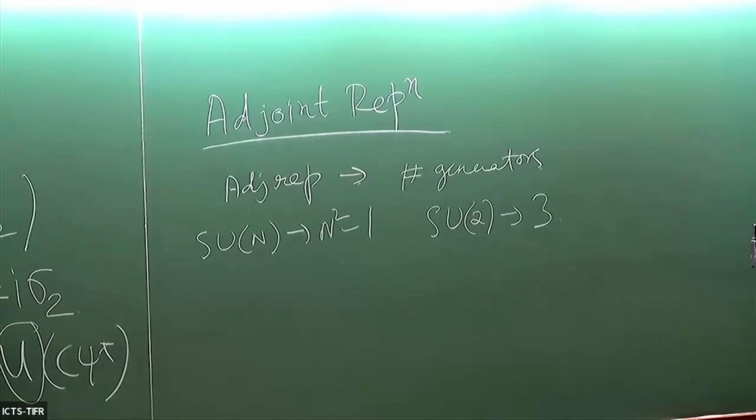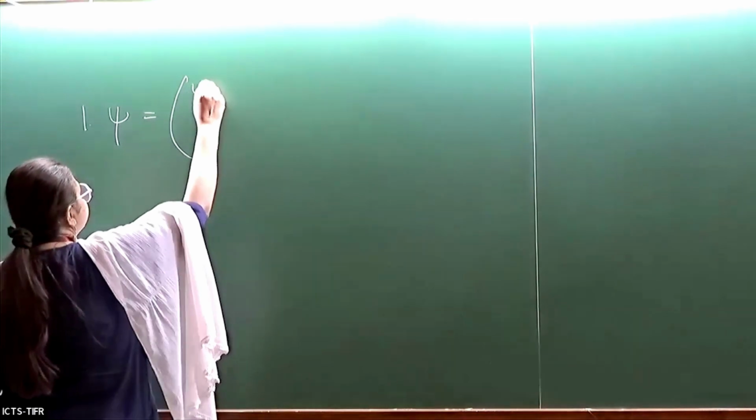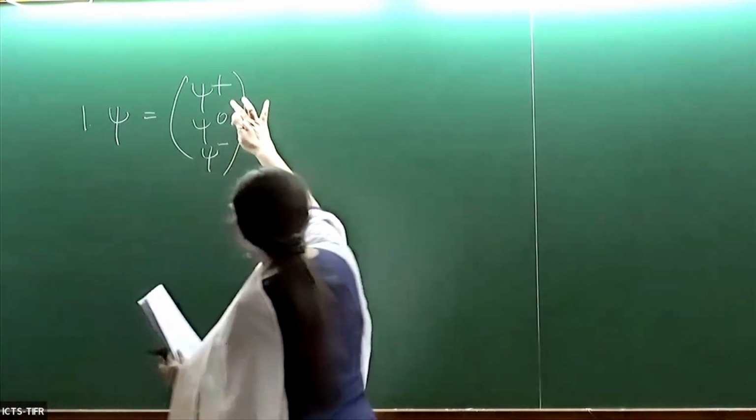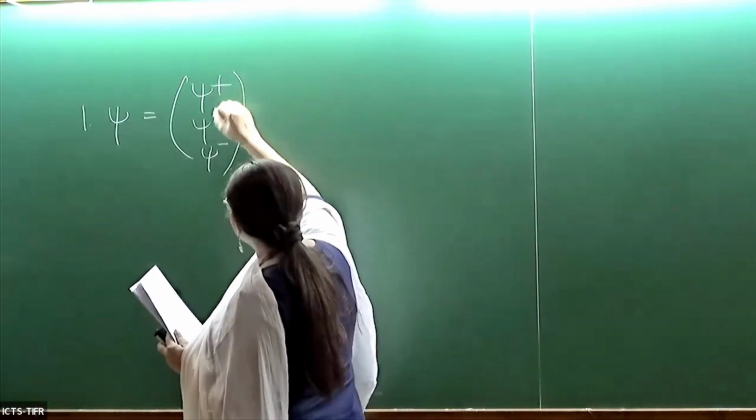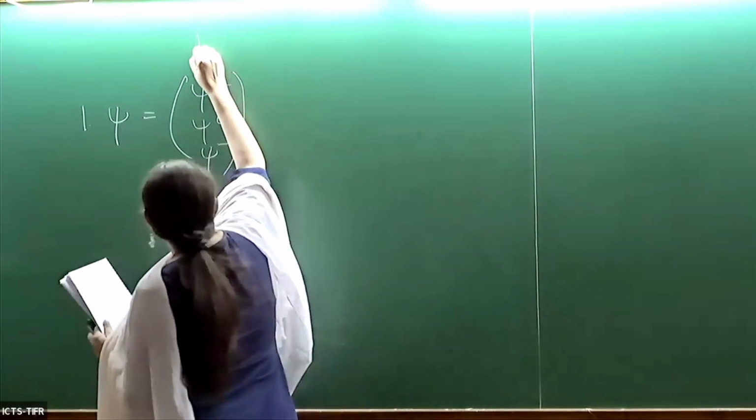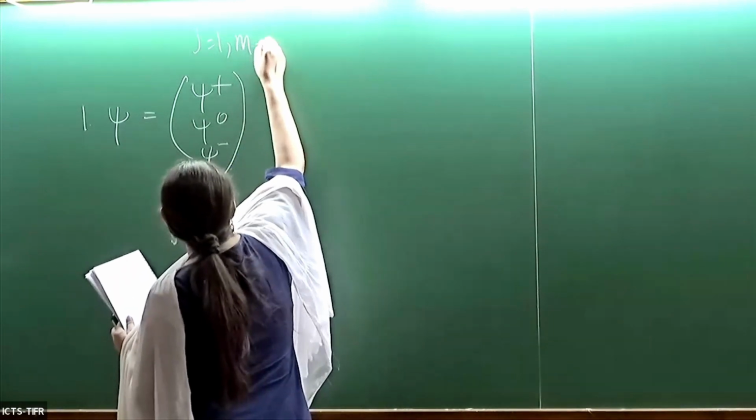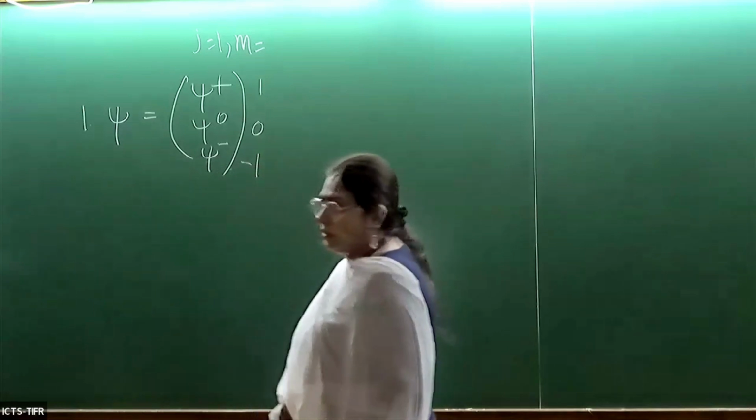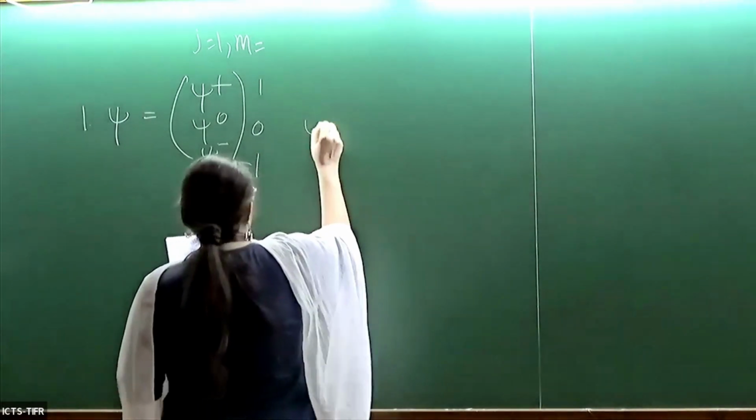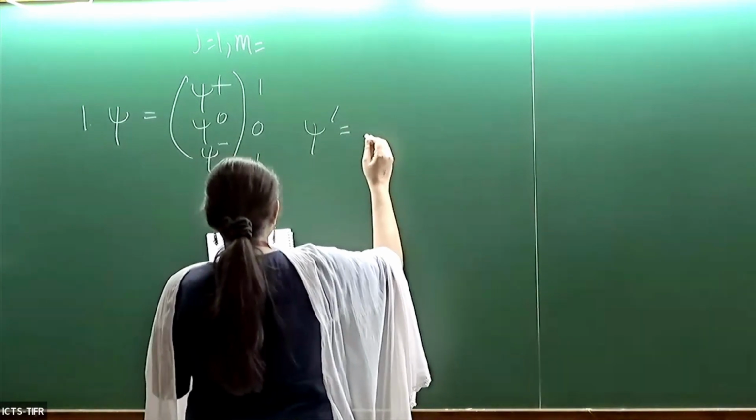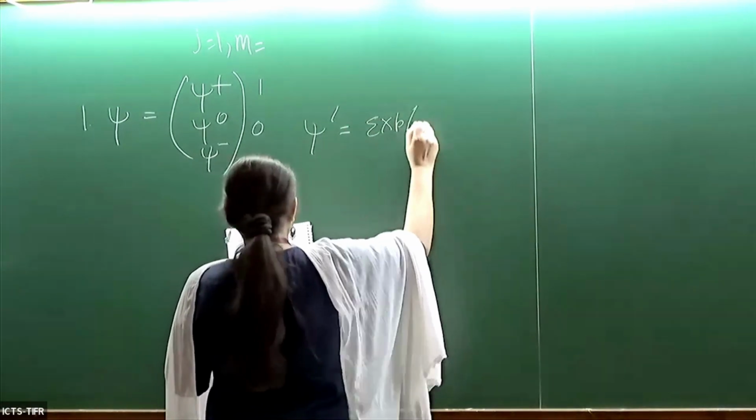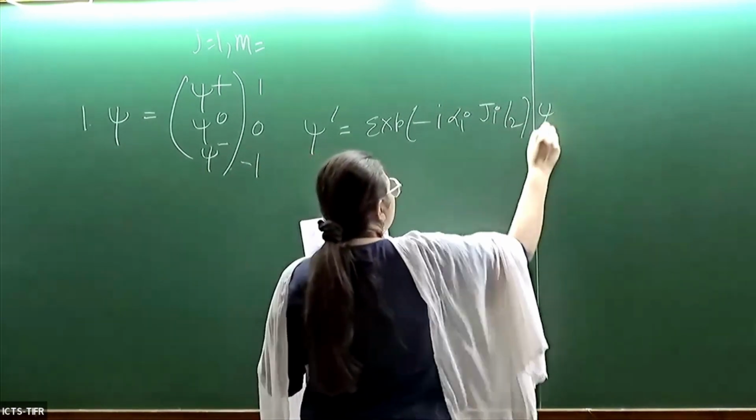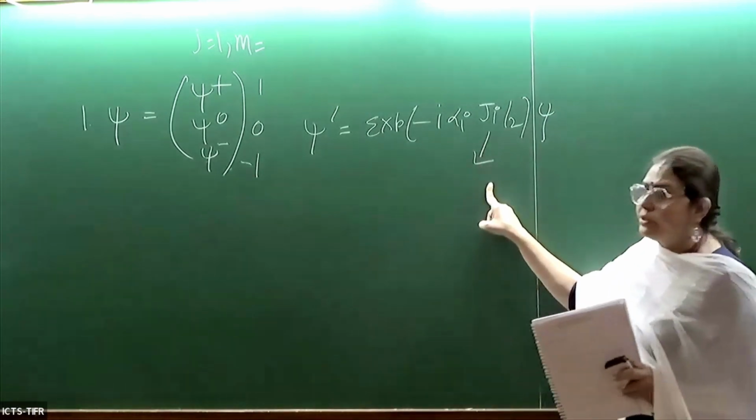One is, we write psi as psi plus, psi 0, psi minus. So this 1, 0, minus means, for j equal to 1 in the angular momentum, m is 1, 0, minus 1, right? So in this, my psi prime will transform as exponential of minus i alpha_i J_i by 2 psi,